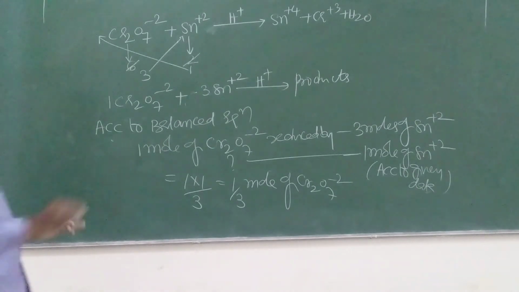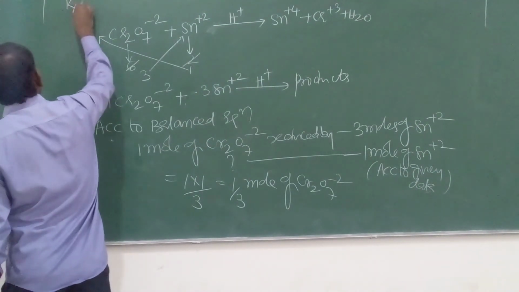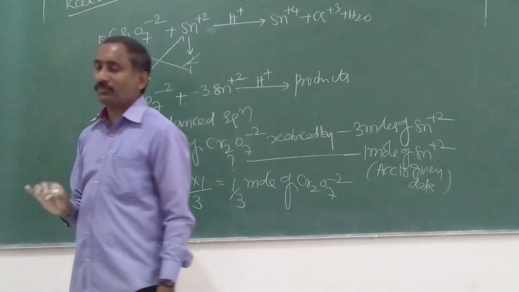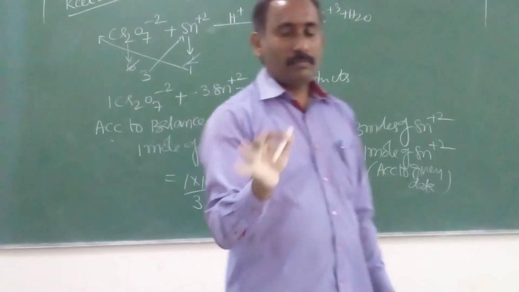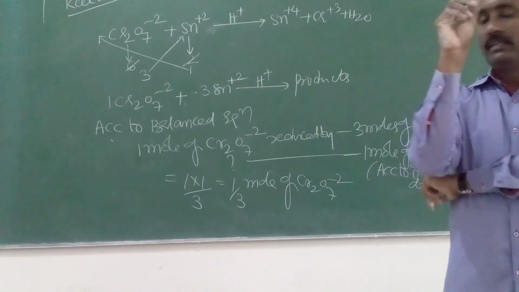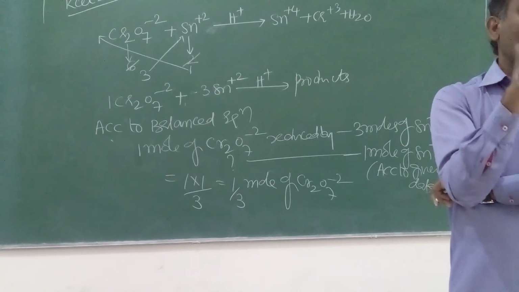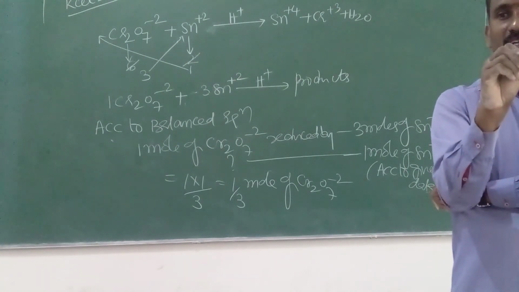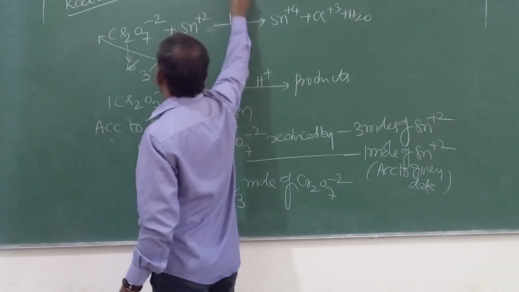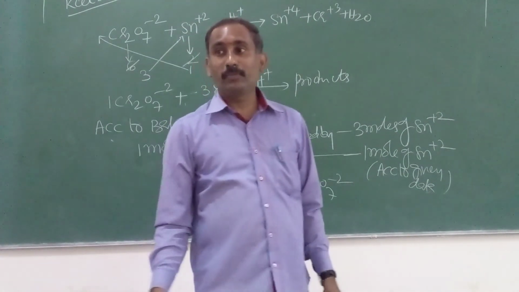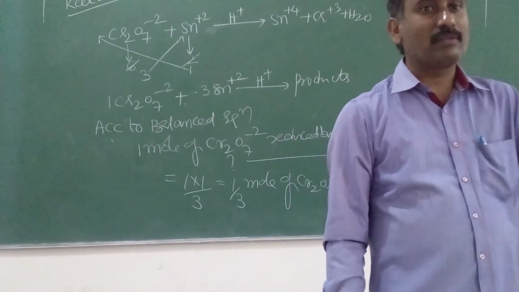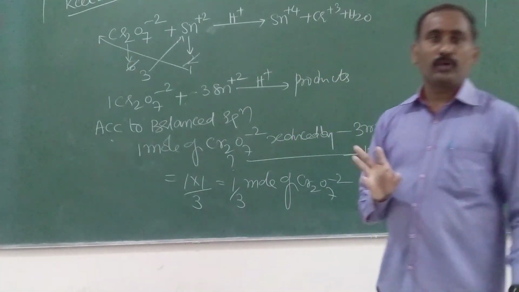In 2020, this year, for your seniors, they just asked one question. See the balanced equation; what they ask is the moles of products. Acidified dichromate oxidizes iodide to iodine. The number of moles of iodine liberated is dash. They are asking product moles. How many? 3 moles. Very good student, correct. They asked this recently, 5 months back. Very important for the objective exam.